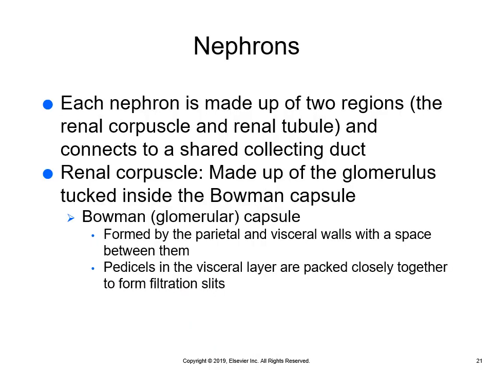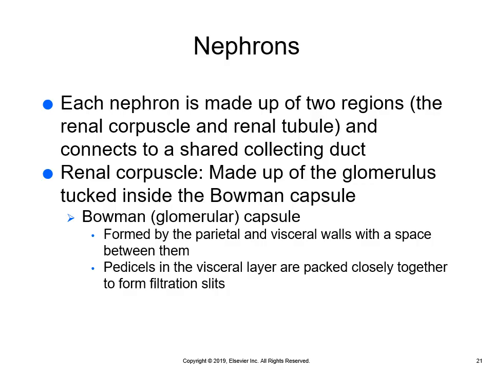All right, so now we're going to talk about the nephrons. So the nephrons are considered to be like the powerhouse of the kidney, and they're tiny structures that actually do the work of filtering the blood in order to make the urine. So each kidney has about 1 million nephrons, and they're made up of two main parts. They're made up of a renal corpuscle,